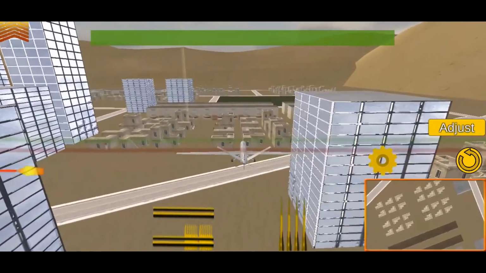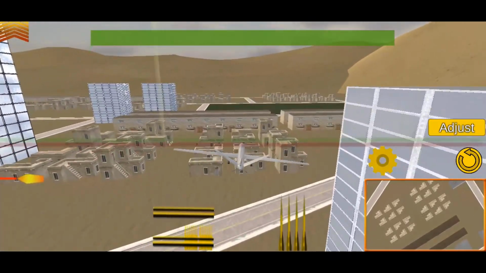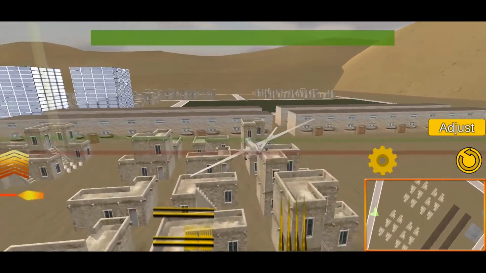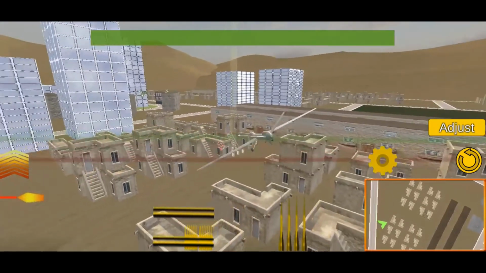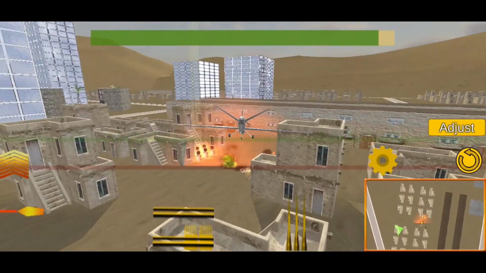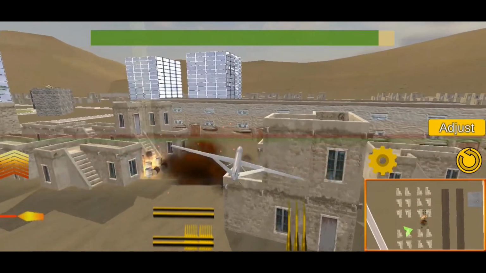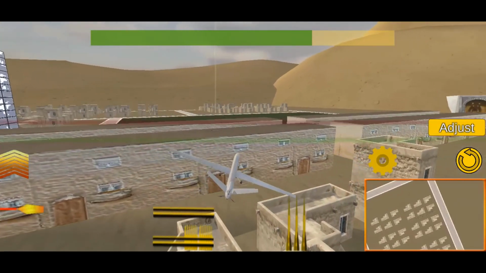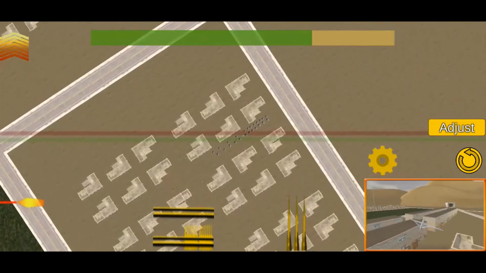I'll just make a slight turn here to the left, and you'll see the storage site just down there on the ground, hidden amongst the buildings. Let's take it out with a missile. And there you go. So that's the basics of iDrone. You're all set now to go ahead and purchase levels and drones and fly around blowing stuff up.